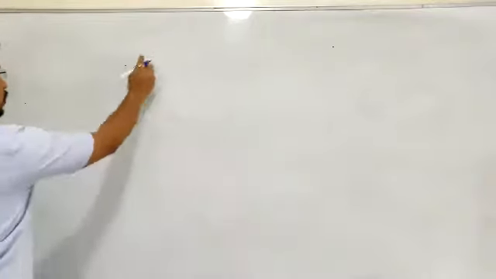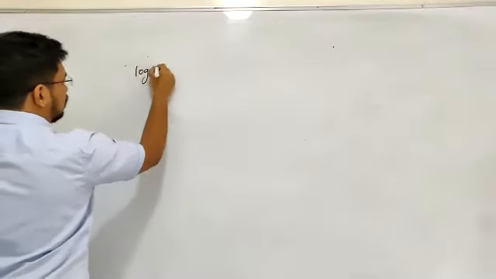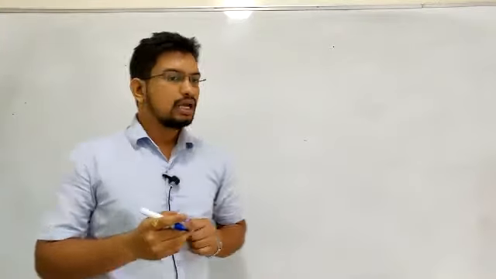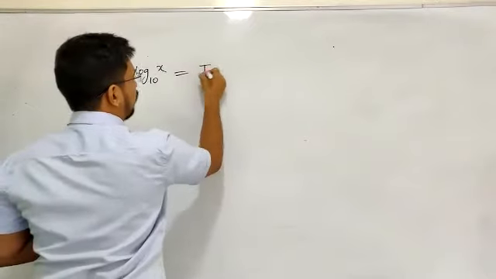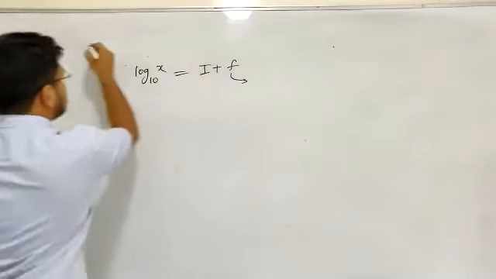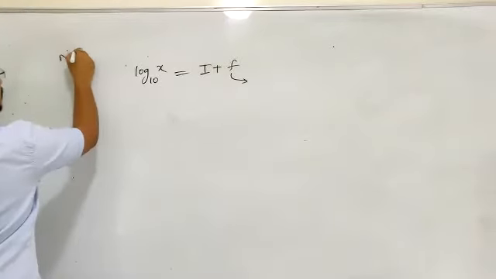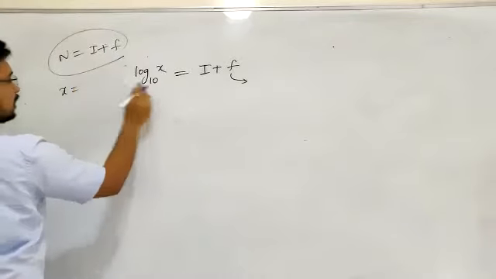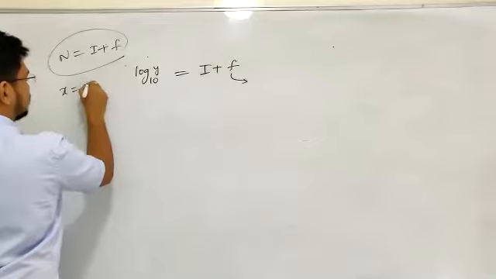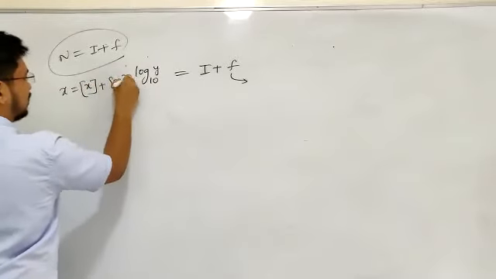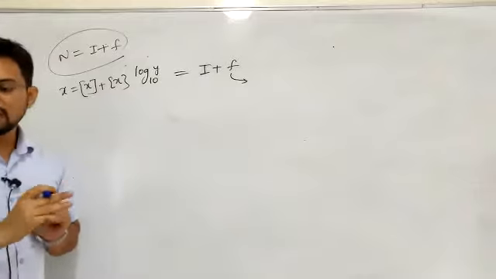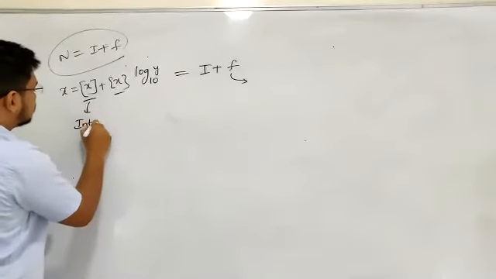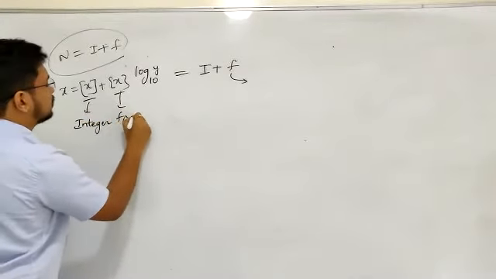Listen now. So, for example, if I take something like log x to the base 10, this has two parts generally. One is called the integer part and the other is the fractional part. Because if I take a number x, this x has an integer part plus a fractional part. I think we have solved some problems in this manner. We just write x as the integer part of x plus the fractional part of x. This is called the integer part of that x, and this is called your fractional part.